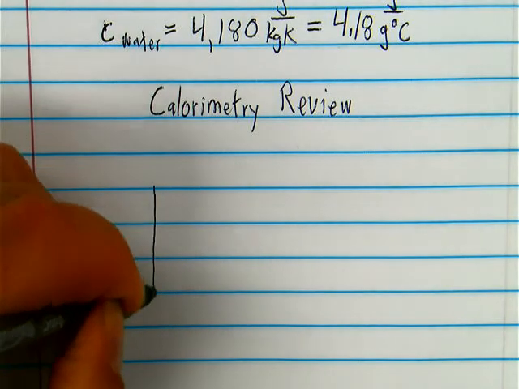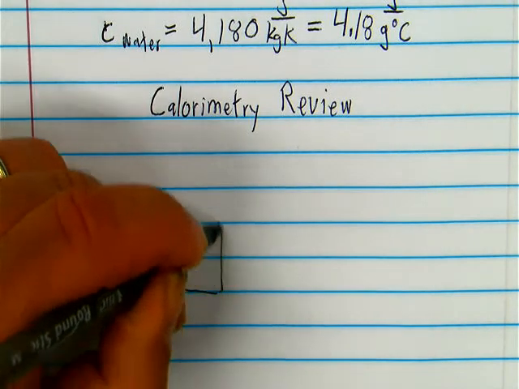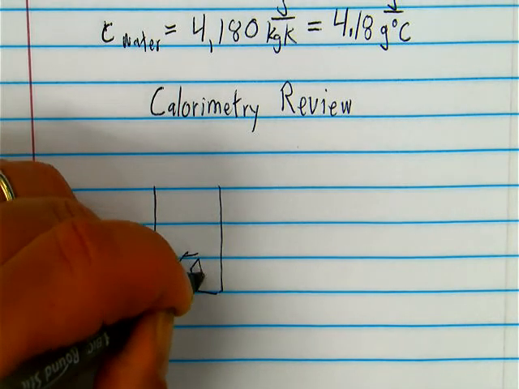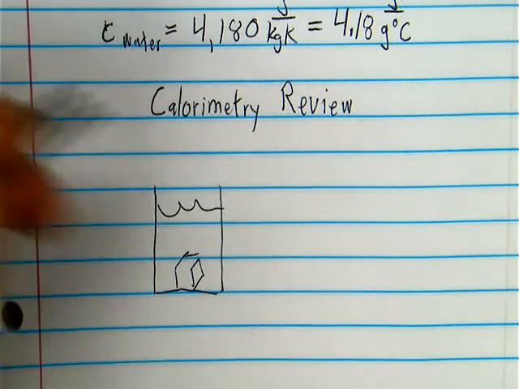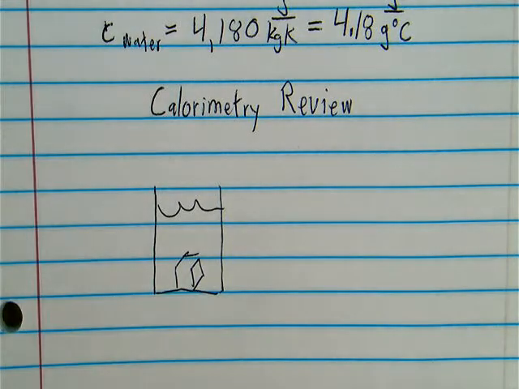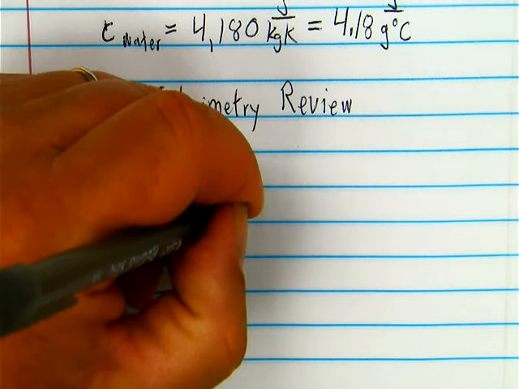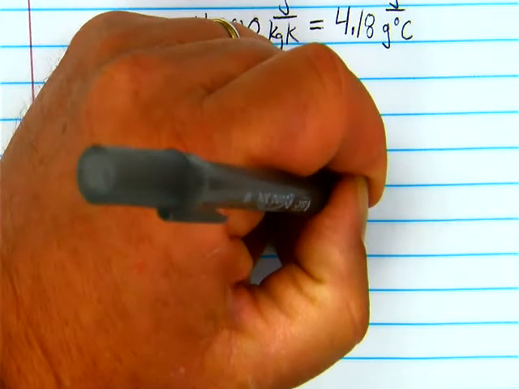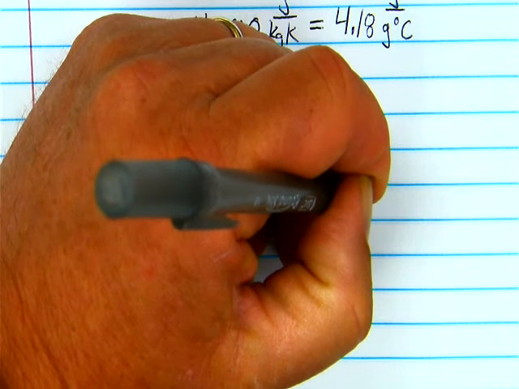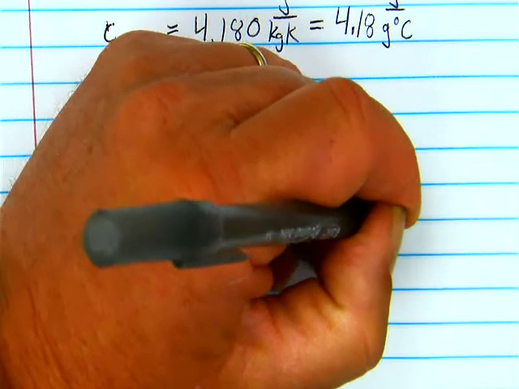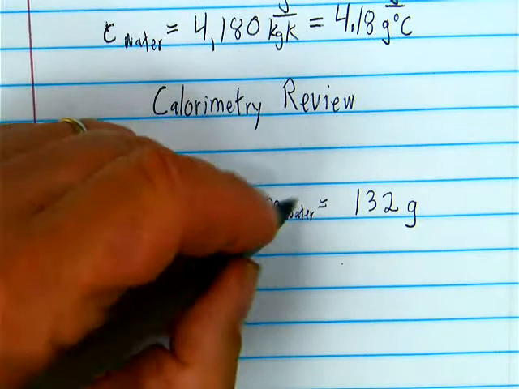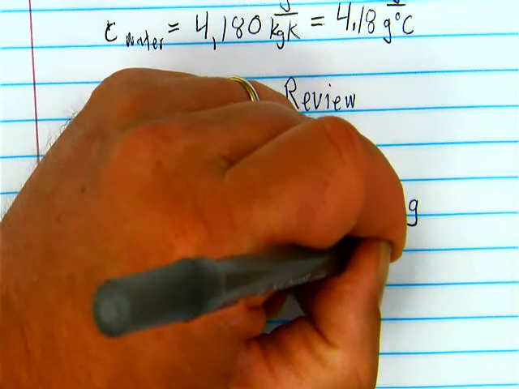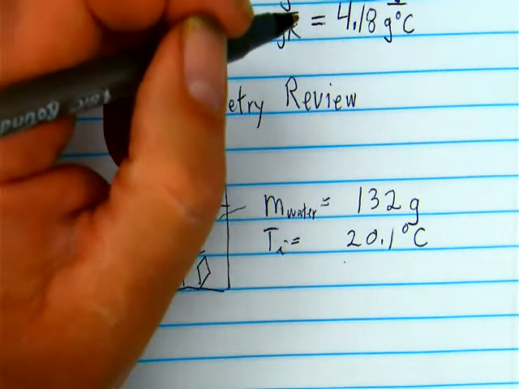I have a beaker. Into this beaker, I put some solid object. I'll draw it as cube-shaped. I've got some liquid. Let's presume it's water. Let's say that the mass of the water is 132 grams, that its initial temperature is 20.1 degrees Celsius,